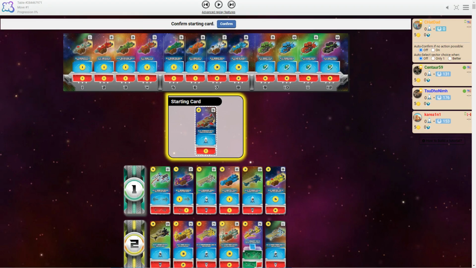This is a tutorial for Space Base on Board Game Arena. Space Base is a great game where you're building a fleet of ships that all give you resources or bonuses based on dice rolls, whether it's your own dice rolls or your opponent's dice rolls. And you continue to build up that fleet and get more and more bonuses until you get 40 victory points,